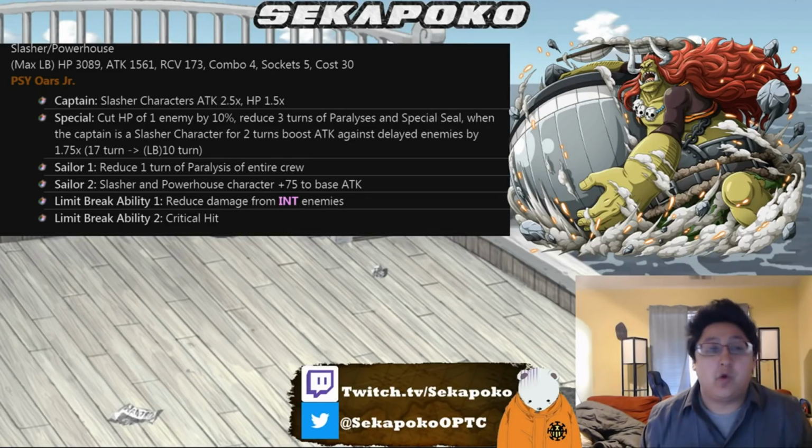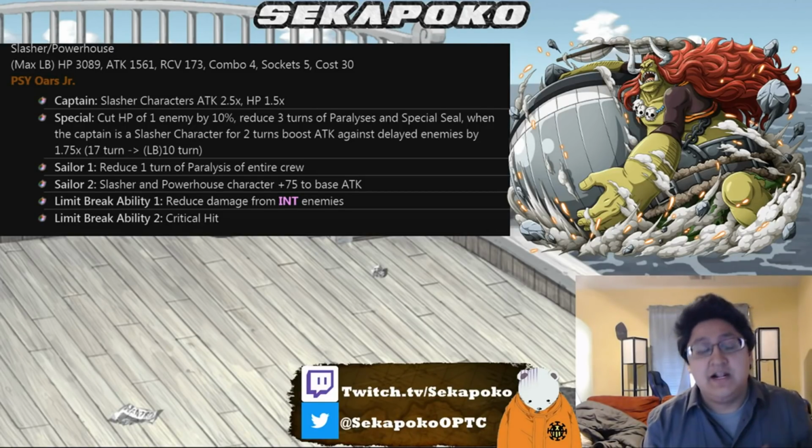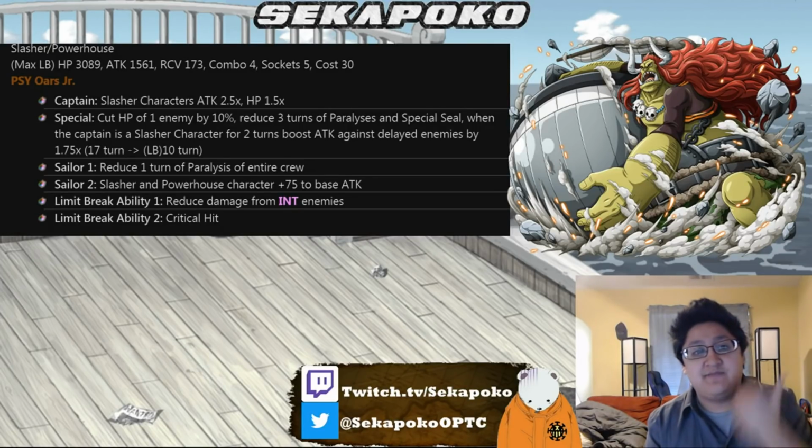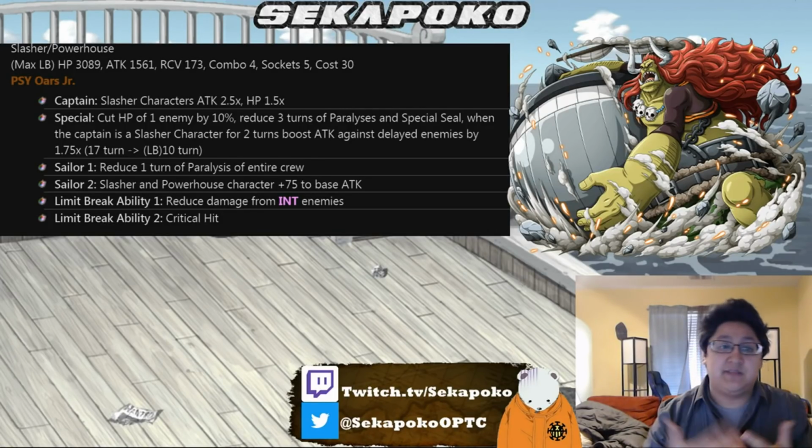The next unit we're going over is going to be the new SyORS. SyORS is going to be a slasher powerhouse unit, which is kind of weird, but cool. He's going to have a max HP at 3,089 and have max attack at 1,561 after max limit break. And he's going to have 4 combo hits and 5 sockets, just like most of the units coming out that are going to be